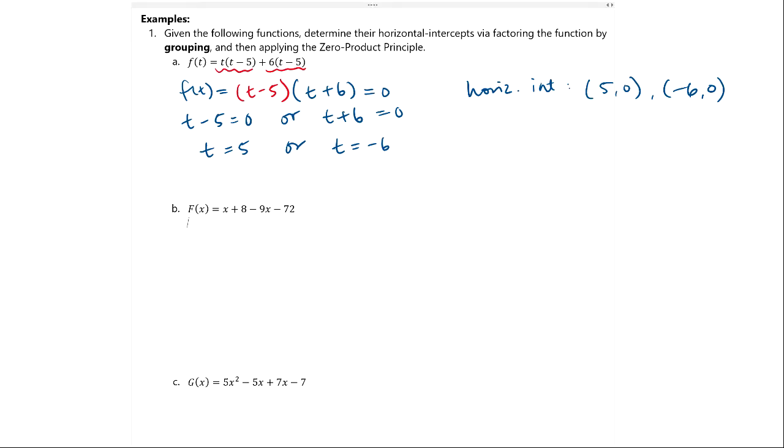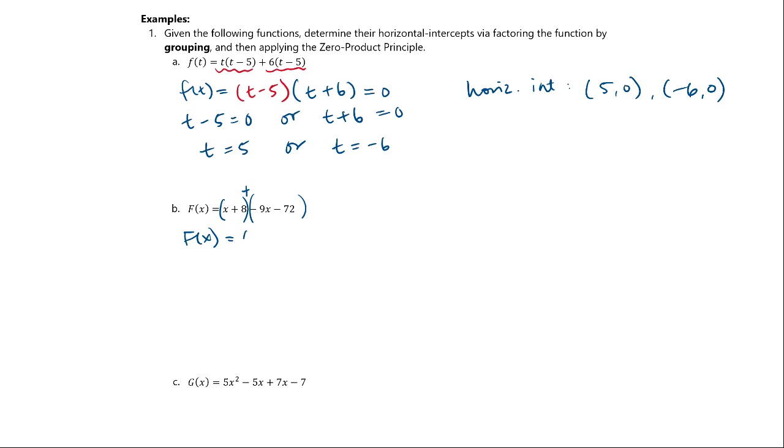Here, if we want to complete factor by grouping, the first thing we want to do is again group the terms into two groups. The first group we have is the first two terms, and the second group we have is the second two terms. Just to keep the signs simpler to keep track of, I'm going to group them into two groups and connect them by addition, because we know that if we do addition, the signs won't change in the middle. That way we can keep track of the signs later on as we look at individual groups. So here, if we do so, we can see f of x is really equal to, for the first group,